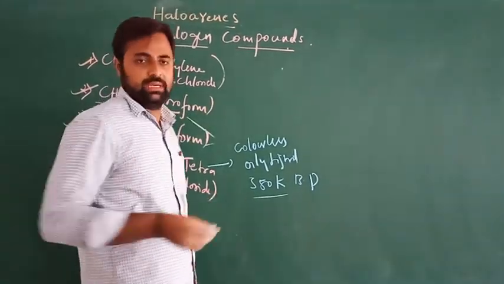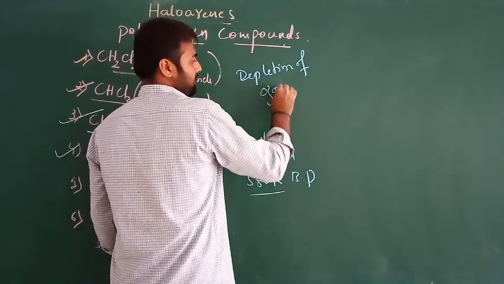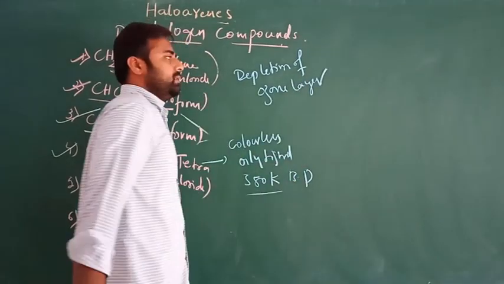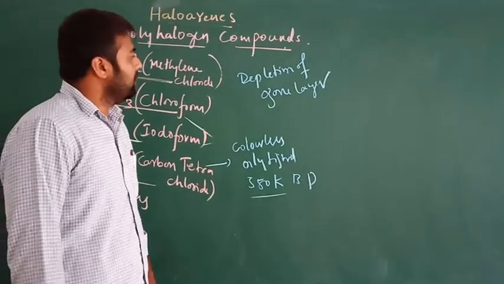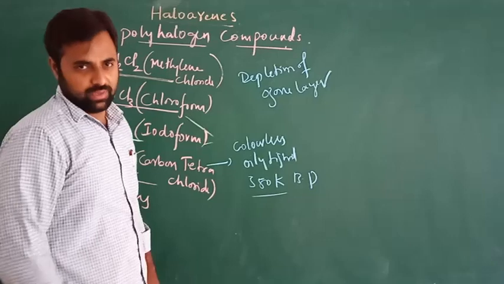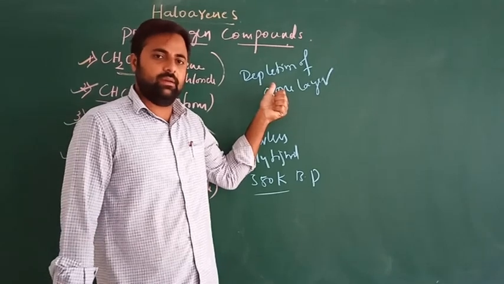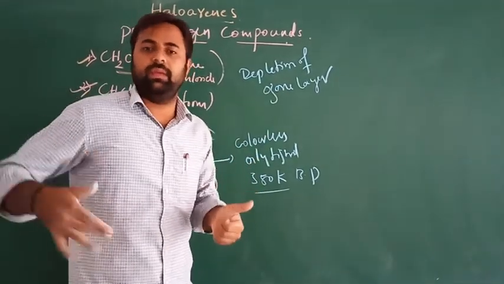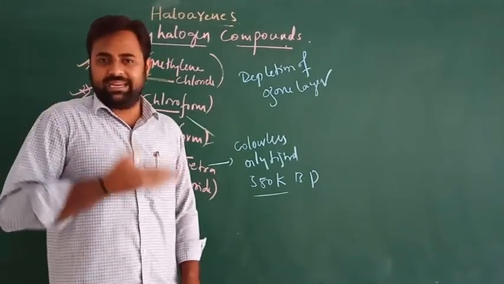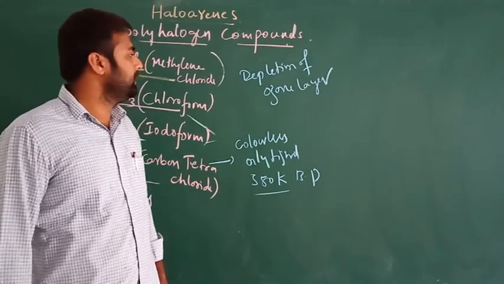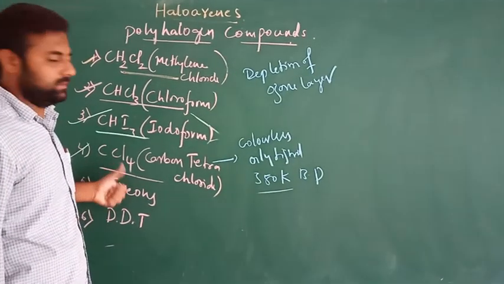I hope you all know about the depletion of the ozone layer, right? In this depletion of the ozone layer, carbon tetrachloride is also one of the reasons. Carbon tetrachloride damages the ozone layer. Due to this depletion of the ozone layer, obviously this increases the contact of human beings with ultraviolet radiation. When that happens, obviously it causes skin cancer and some eye diseases, etc. So that is the environmental effect of carbon tetrachloride.